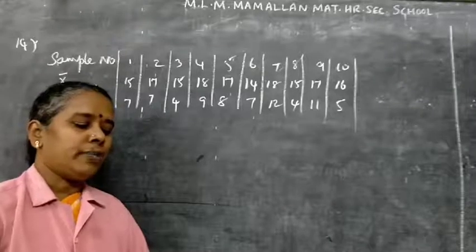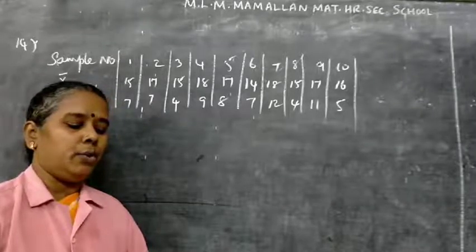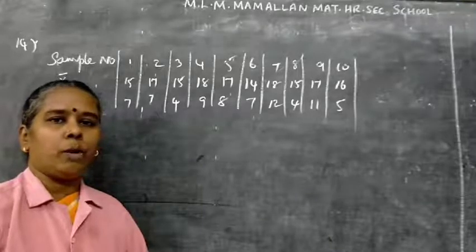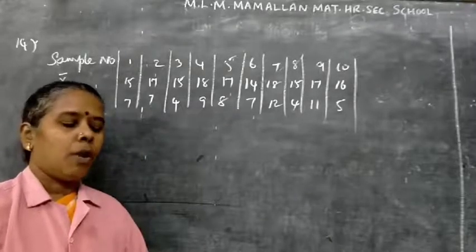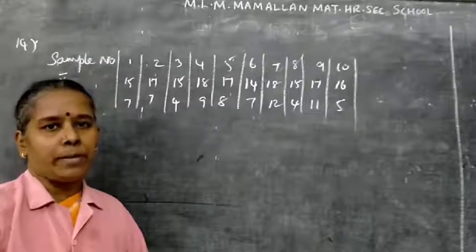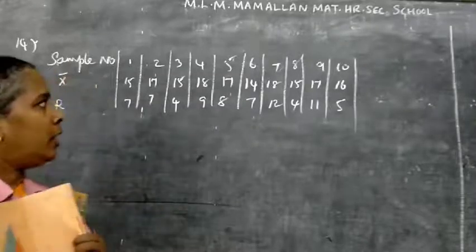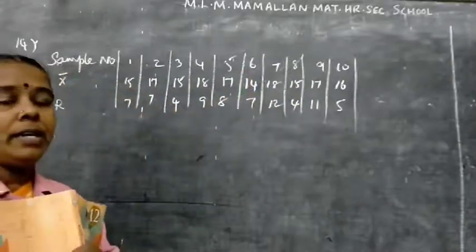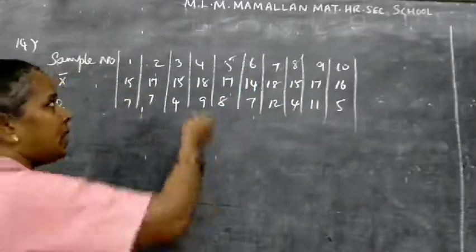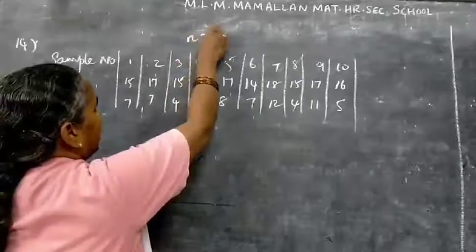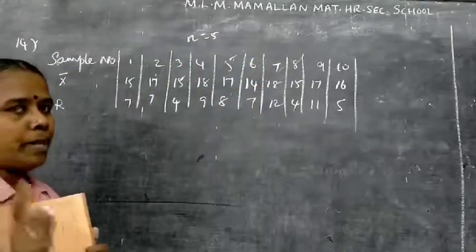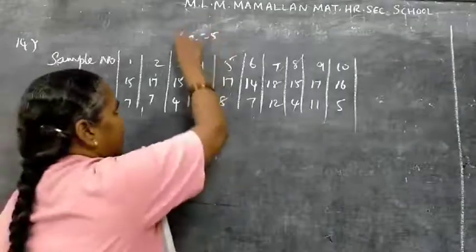Conversion factors for n equal to 5: A2 equal to 0.5, D3 equal to 0, D4 equal to 2.115. What is that n equal to 5 means? Here you are having sample number 1, 2, 3, 4, 5, 6 up to 10. But here n equal to 5. What is the difference between that n equal to 5 and the sample numbers? Let me give you the simple explanation. For 5 samples,